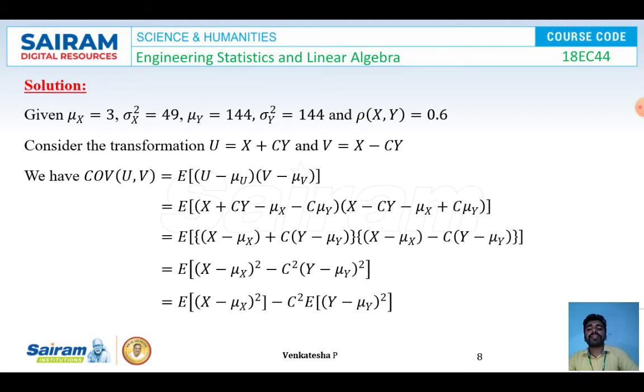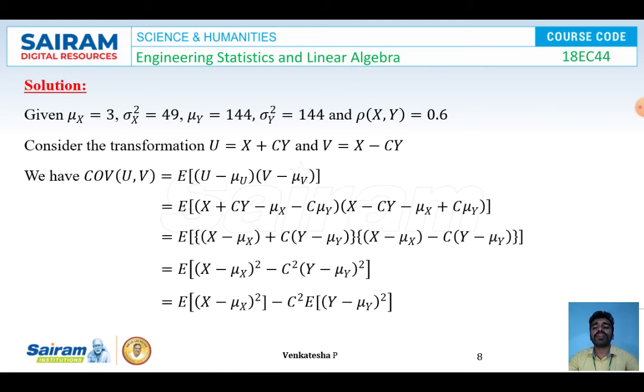So now from these equations, I got x minus mu x as one term, and taking c common here, I got c times of y minus mu y. Here grouping x minus mu x as one term and taking minus c common from this one, I got minus c into y minus mu y. So I got expectation of (x minus mu x) whole square minus c square into (y minus mu y) whole square, by using the a square minus b square formula. It will become (a plus b) into (a minus b). That formula I am using here. So I got this expression: expectation of (x minus mu x) whole square minus c square into expectation of (y minus mu y) whole square.